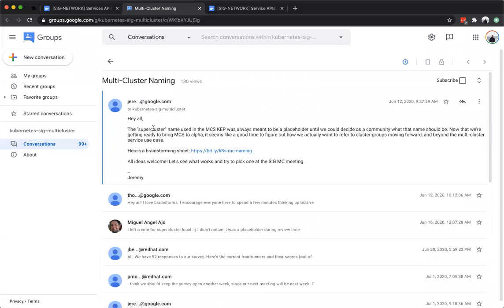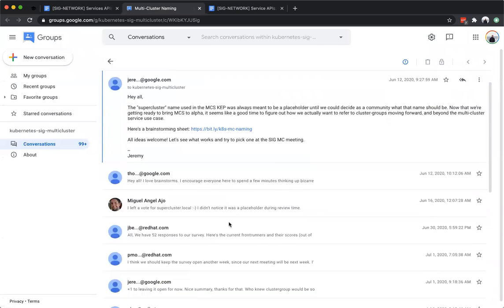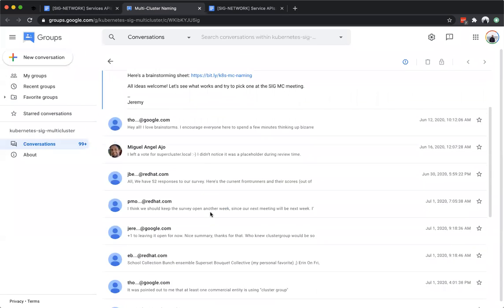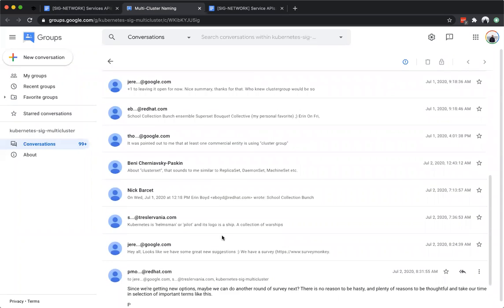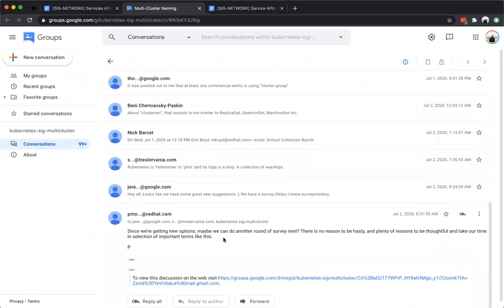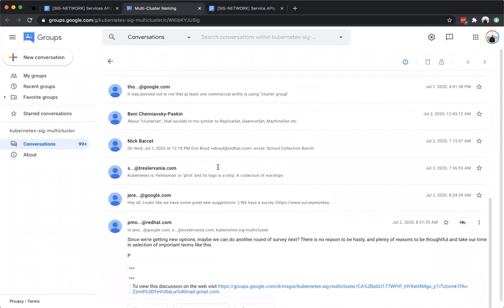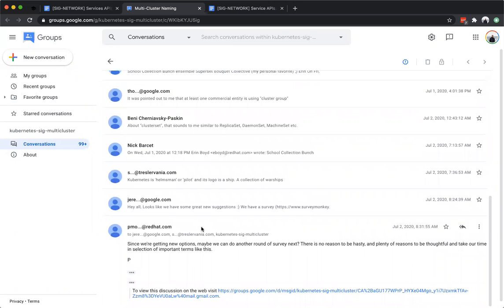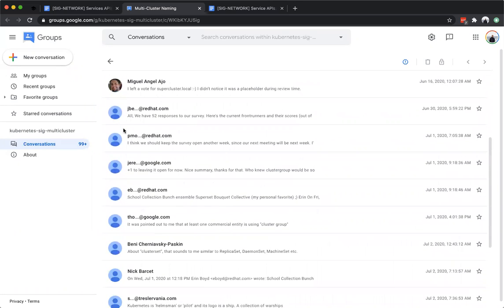They started with supercluster, which was always meant to be a placeholder, and went through a long list of voting, set up a survey, and did a few rounds. They got some suggestions, put them in a spreadsheet, took out any that were offensive or didn't work, and then voted after that.